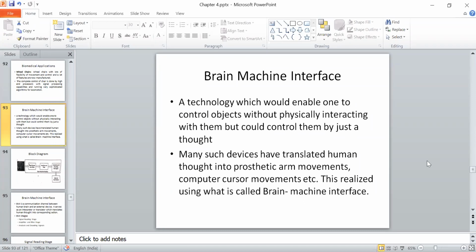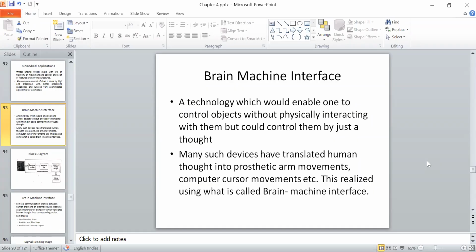पहले हम चाहते थे कि विदाउट ह्यूमन इंटरवेंशन वो वर्क करने लगे, तो हमने कोडिंग करना चालू किया, पर उसमें गाइडेंस की रिक्वायरमेंट होती थी। देन वी वांट कि ये खुद से डिसीजन लेना चालू करे, तो हम एआई लेकर आए। नाउ व्हाट वी वांट नाउअडेज कि व्हाटएवर यू थिंक इन योर ब्रेन, यू आर जस्ट थिंकिंग एंड योर डिवाइस विल वर्क लाइक दिस। So this is where the BMI will come, which tries to convert your human thought into the actual action without even physically touching the thing or without giving any kind of instruction to that thing.